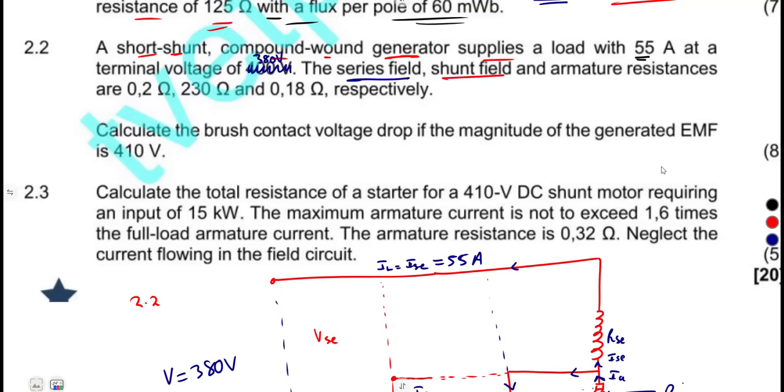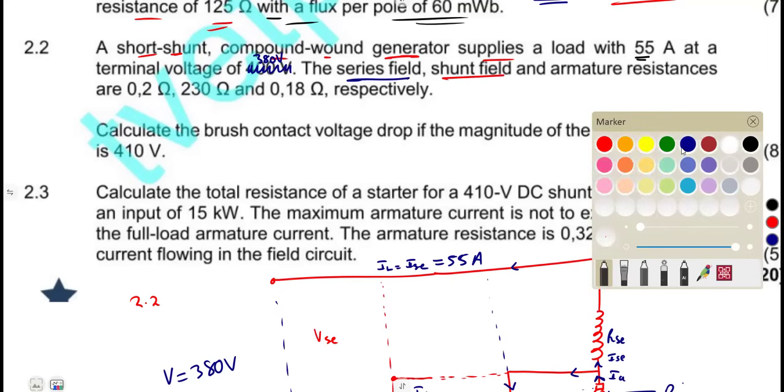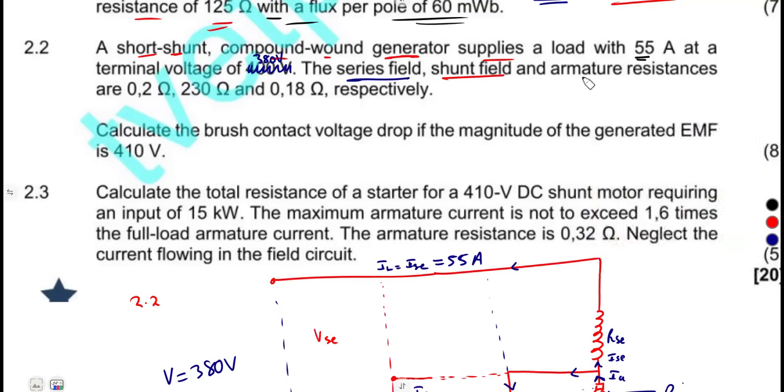So we've got the shunt and also the armature resistances. The series field respectively is the first one. So our series field resistance is 0.2 ohms, followed by what? The shunt field,